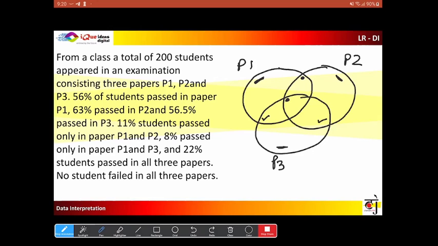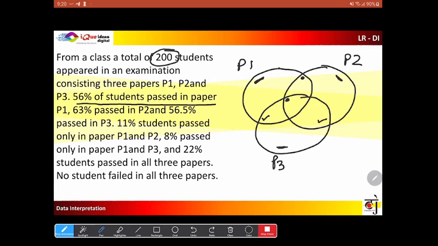So now let us take a look. It says the class has a total of 200 students. So any percentage value multiplied by 2, you will get the numerical value, because 200 is 100%. So just multiply the percentage by 2, you will get a numerical value. Easy. Now, it says